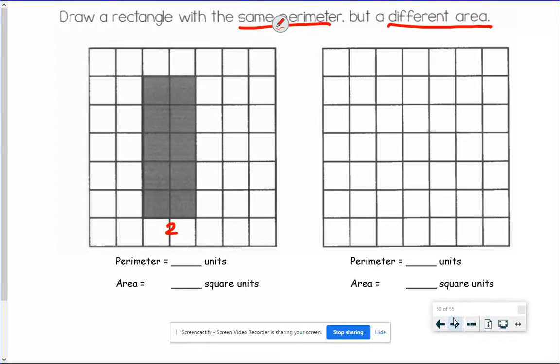So this is 2. 5 plus 2 plus 5 plus 2. This perimeter is 20 again. So the one I draw over here has to also have a perimeter of 20. And we're just coming up with